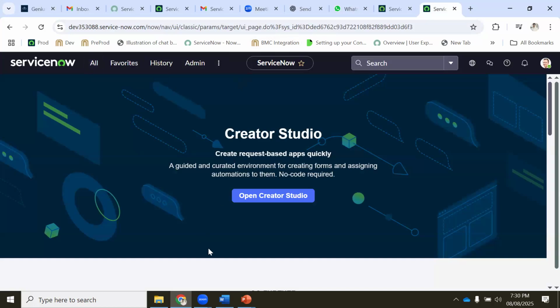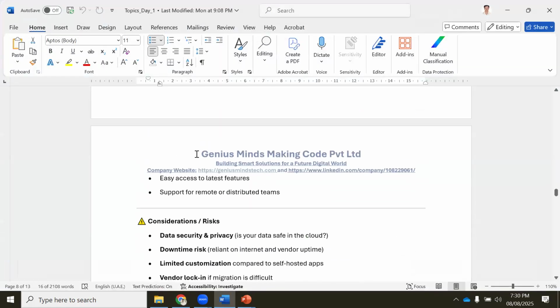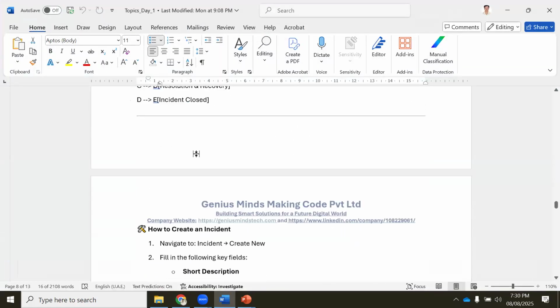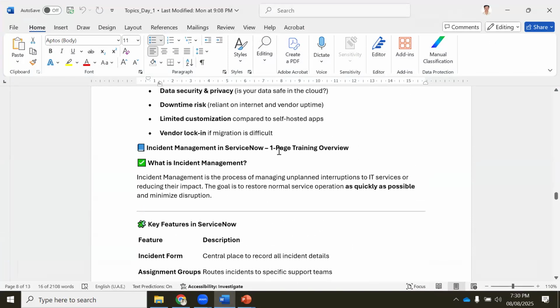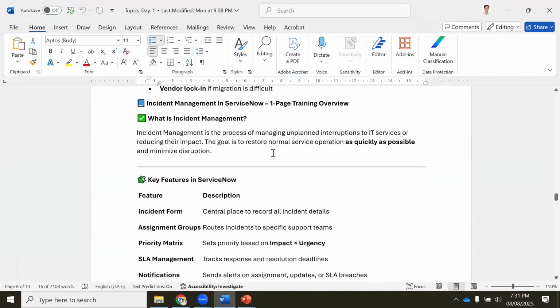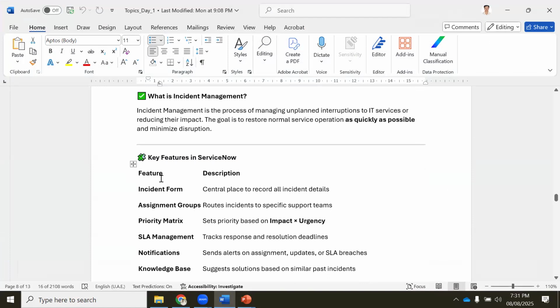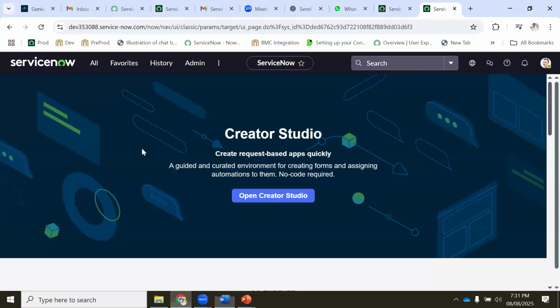So what is our topic now? So let's go to our topic. Our topic is getting into incident management, correct? First today, we are getting into incident management. So what is incident management? We all discussed, correct? What is incident? Incident is an issue or service interruption for you, okay? So that is called incident. So we will go through the incident form, how it looks, and an overview of ServiceNow, correct?